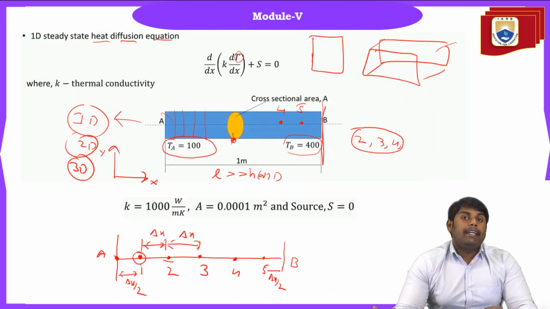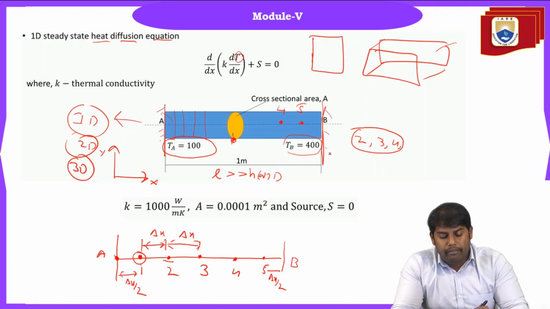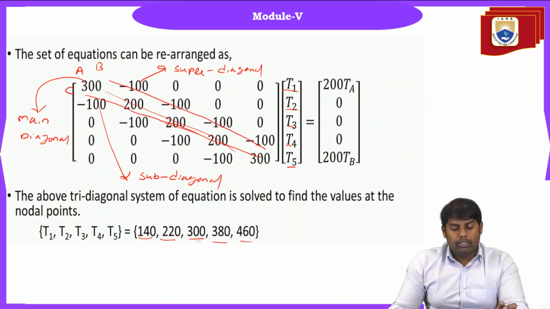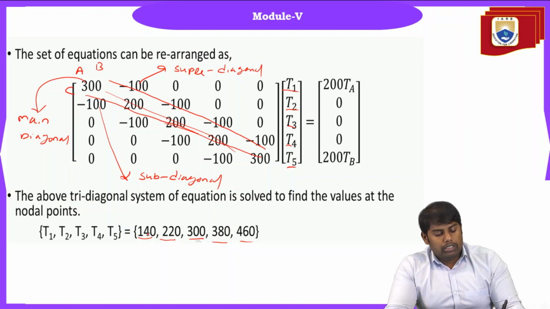So let us relate in a realistic manner. Here we have the left boundary, where we have applied a temperature of 100. Here we have the right boundary, where we have 400. So when we actually apply this, what is happening here? You can see that as the diffusion has increased, because of the temperature difference,